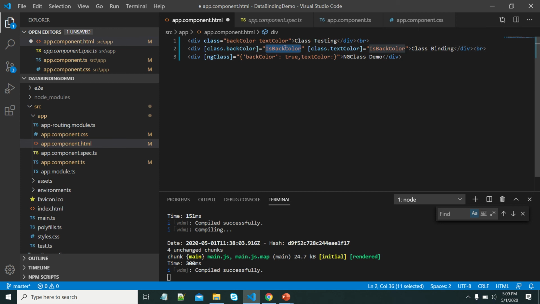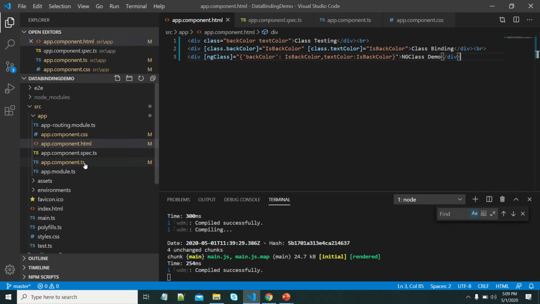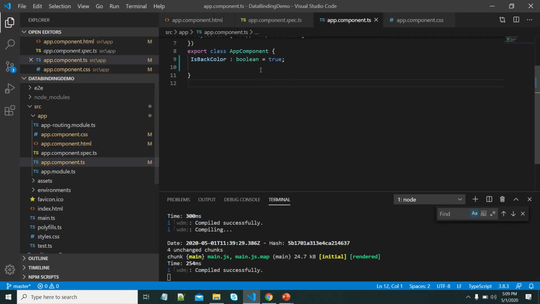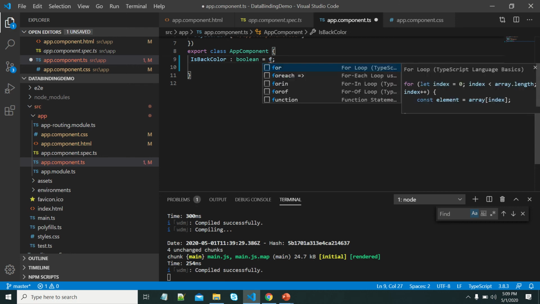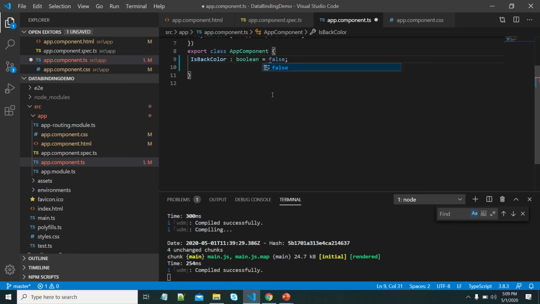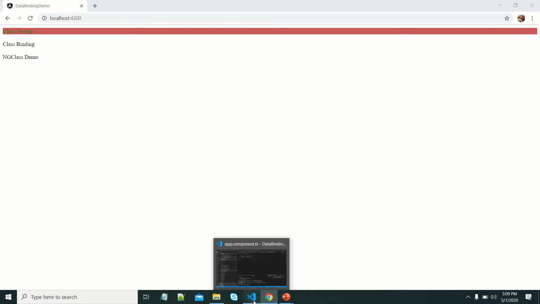So let me use this only. Let's see the output. Because this is true, both are applied. If I make it false, we can see both gone.